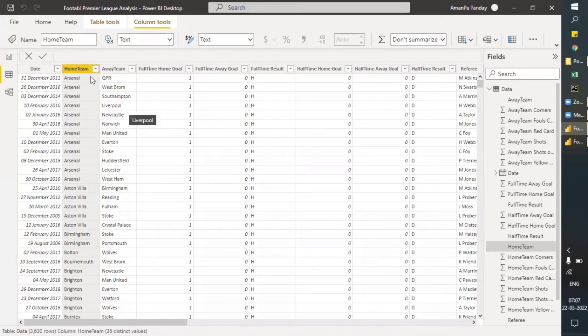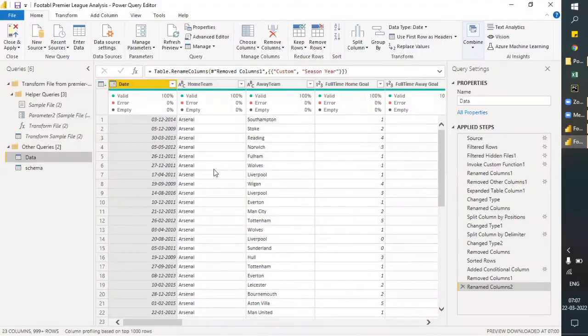So let's move to the query editor and see how we can do that. Now we will be seeing how we can extract a column from an existing query or table, make another table, and remove duplicate items from that table. So these steps we will be seeing. If you want, just right click on it